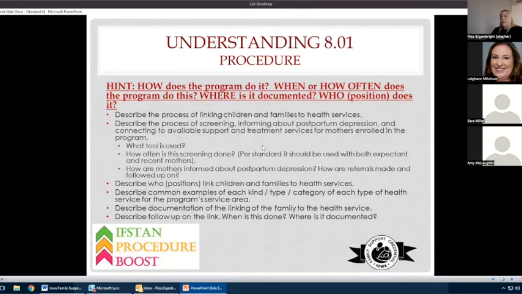Is it documented in the case notes, a referral log, a contact log? Where would a peer reviewer, or somebody who wasn't familiar with the program that was doing an audit, how would they know, beyond that we told them about it, if that family benefited from that or if they accessed it?